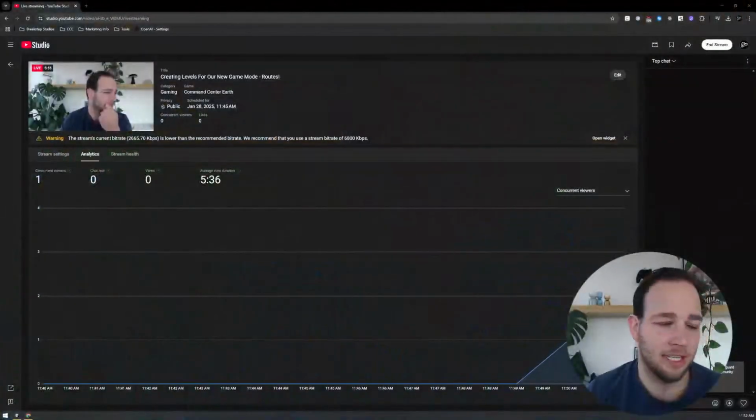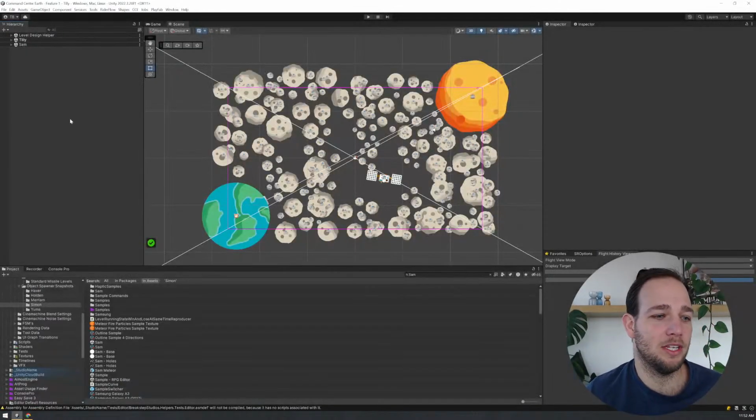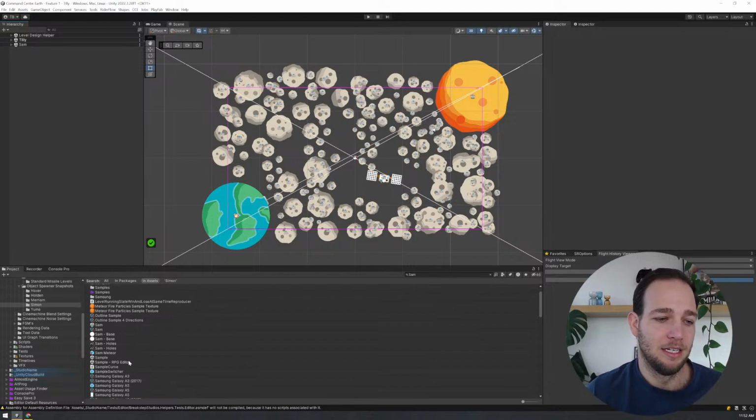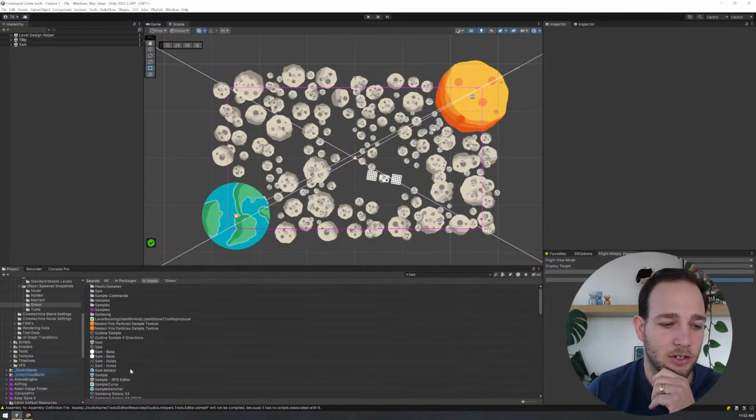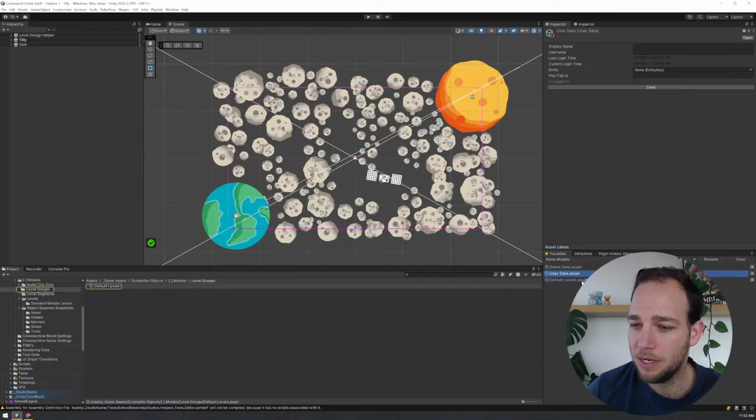But anyways, I'm going to jump in. So check this out. I'm going to jump over to this, which I think is pretty cool, and show you guys my process now. Okay, so this is the game. If you aren't familiar with my game, this is actually two levels showing right now, bunched up. You can check out my game on Steam, Android, and iOS. I also did a video yesterday breaking down some things about the game and the new game mode. But I'm going to jump right into level creation.